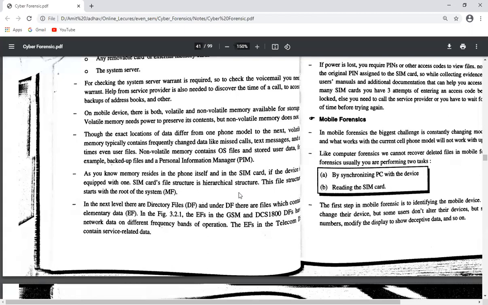The general procedure is as follows. So for the SIM card reader, we have to follow the following procedure. Take off the back panel of the device, take out the battery. Under the battery, take the SIM card from the holder and now insert the SIM card into the card reader. So this is the very basic way to use a SIM card reader.